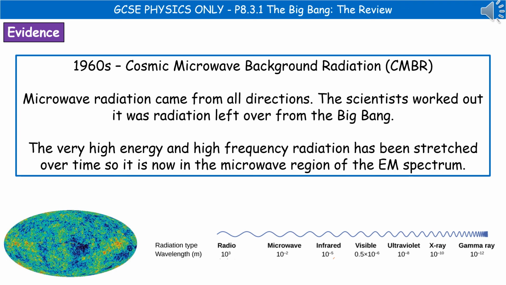So what we've found is that over the many years since the Big Bang occurred, the very high energy, high frequency radiation has been stretched until it's in the microwave region of the electromagnetic spectrum today. And what we expect to happen is that as time goes on even further, it will continue to be stretched and move further into the radio wave end of the electromagnetic spectrum. But today we're in the microwave region because we've stretched that radiation over the 13 billion odd years that we've had it in existence.